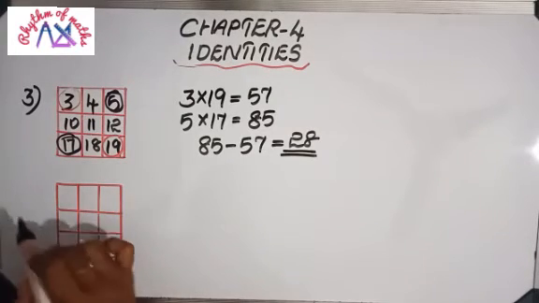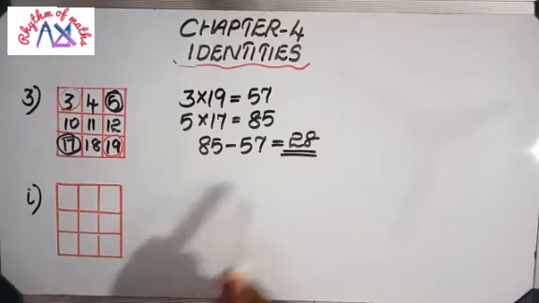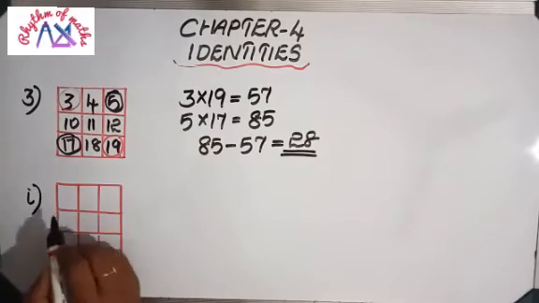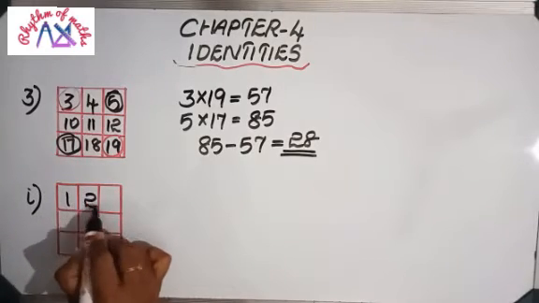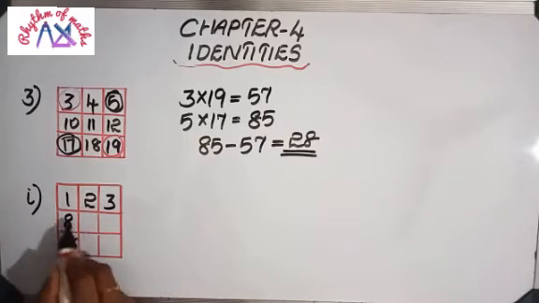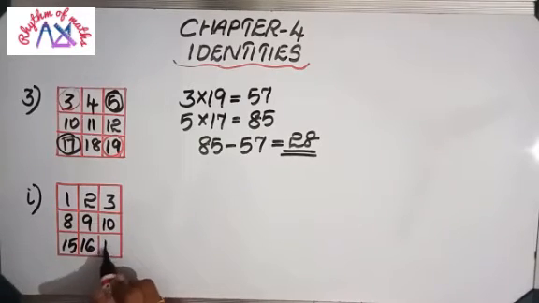The first sub question is to check another 9 numbers. Choose another 9 numbers and check whether the answer is 28 or not. Same like the previous two questions, we have to choose another 9 numbers from the calendar. Okay, so let's start from 1. Next 2, then 3. Downwards 7 is added. So 8, then 8 plus 7 is 15. 8 plus 1 is 9, 10 here. 15 plus 1 is 16. 16 plus 1 is 17. Let's choose these as the numbers.